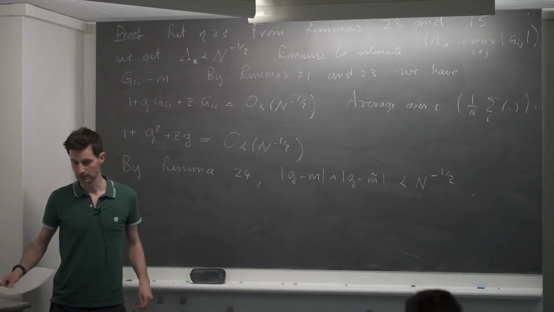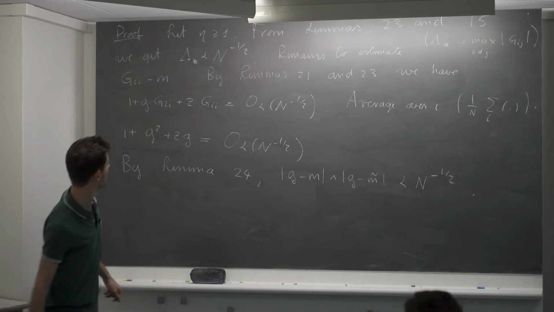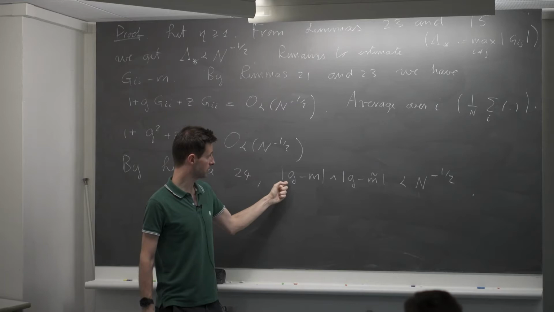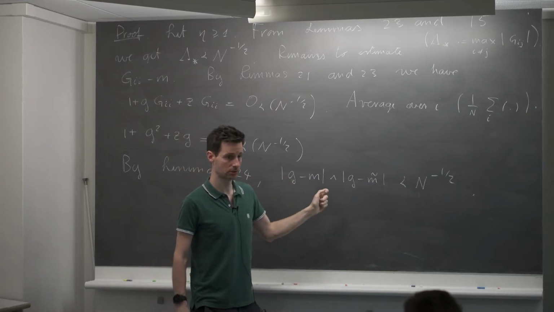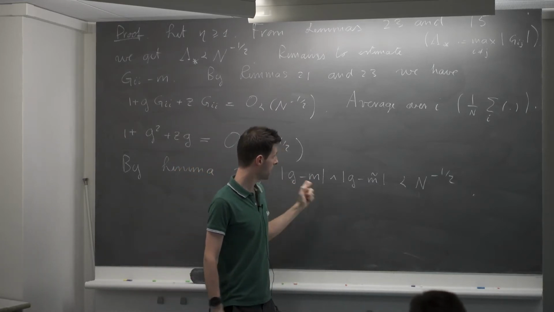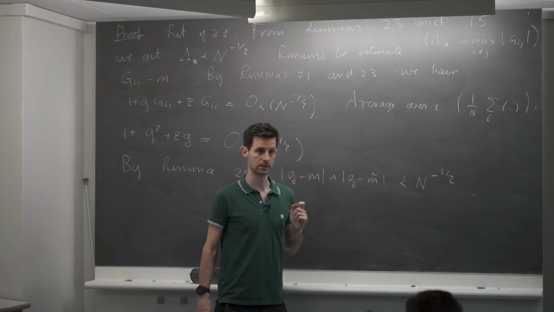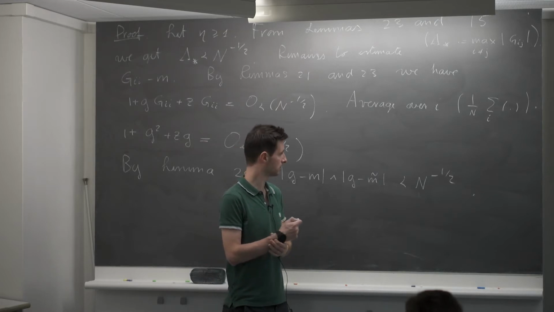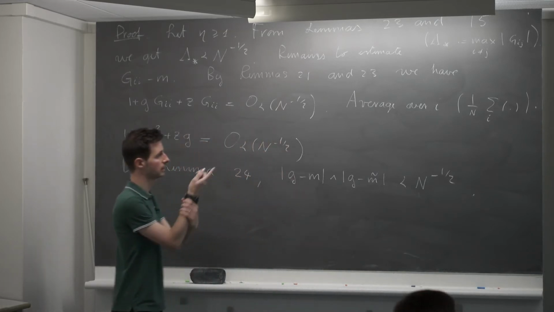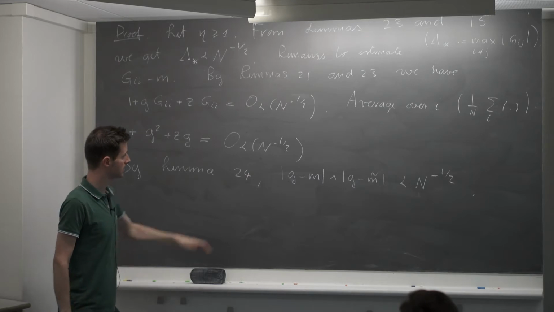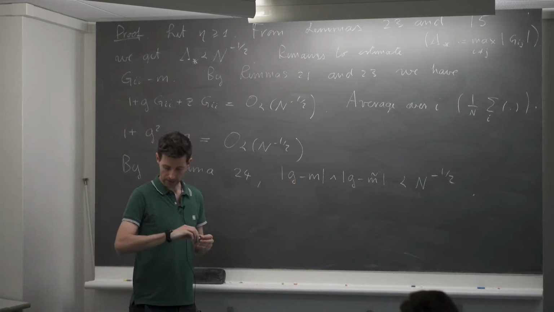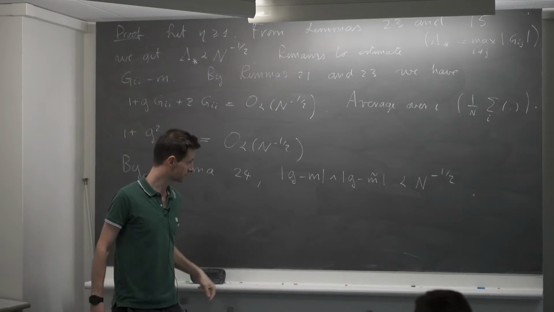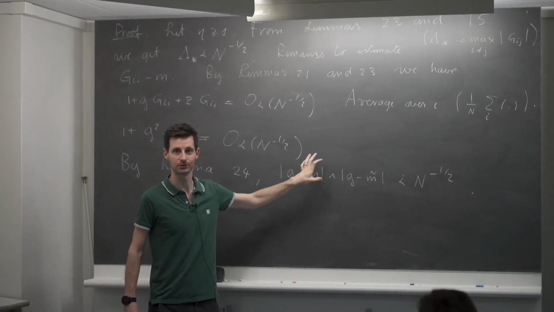Now what remains to be done, I'm almost done. I've almost proved that g is close to m. I just have to make sure that g is really close to m and not to m tilde. So there's a little extra argument one has to do. This is important, these kinds of arguments; we will face the same problem in this bootstrapping argument. In this case, this is easy to do, and I will let you think about it during the break. So we'll have a break now and continue in 15 minutes, and then I'll tell you, if you haven't figured it out by yourself, how to do this.